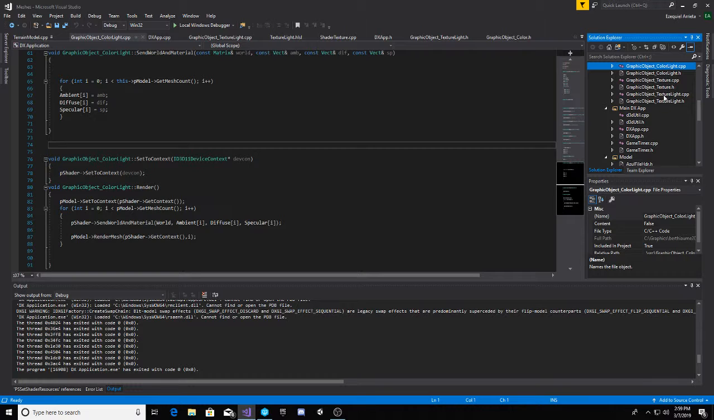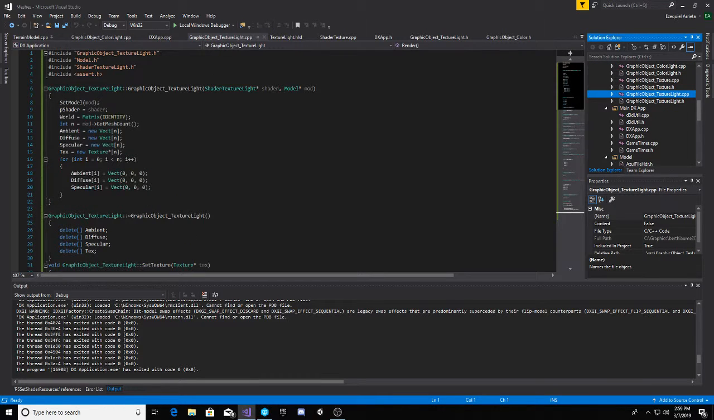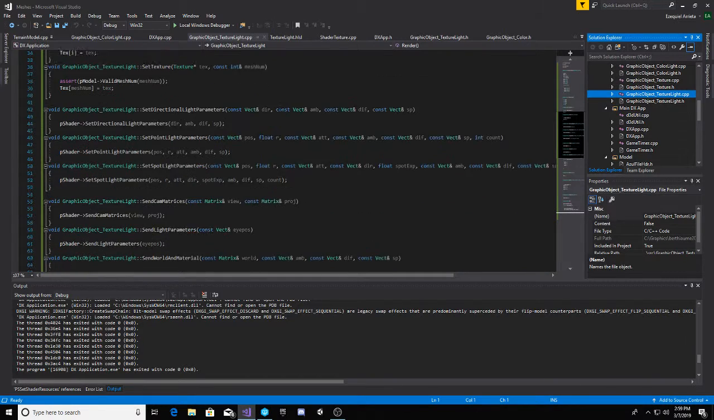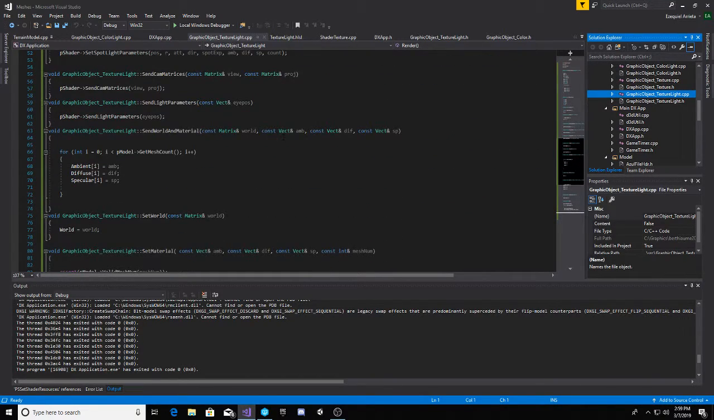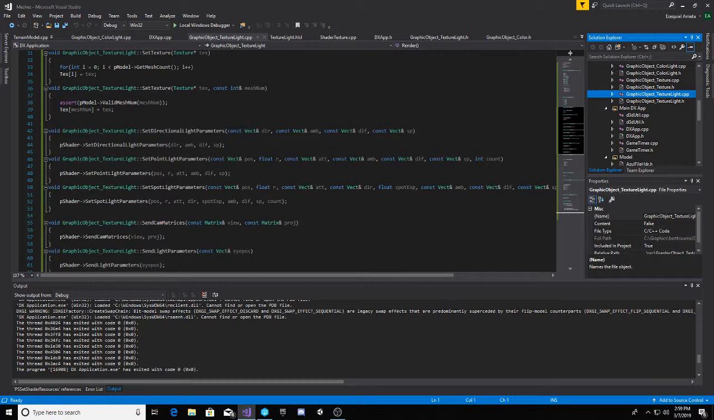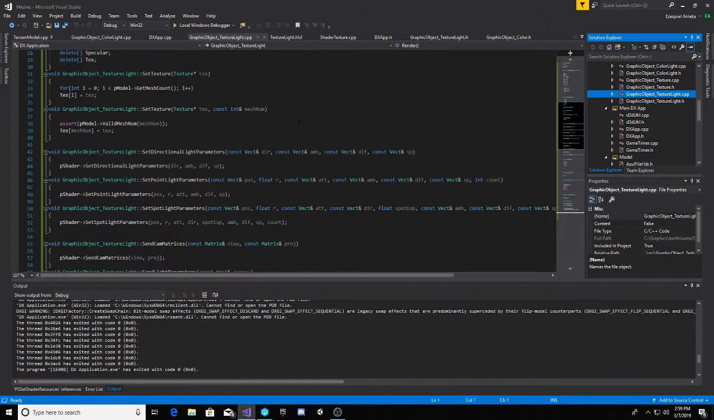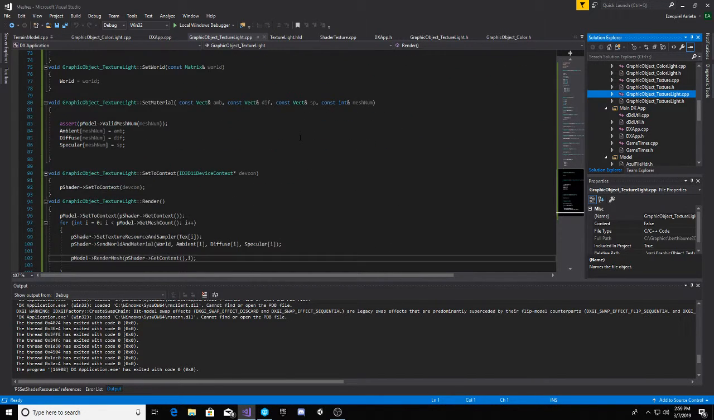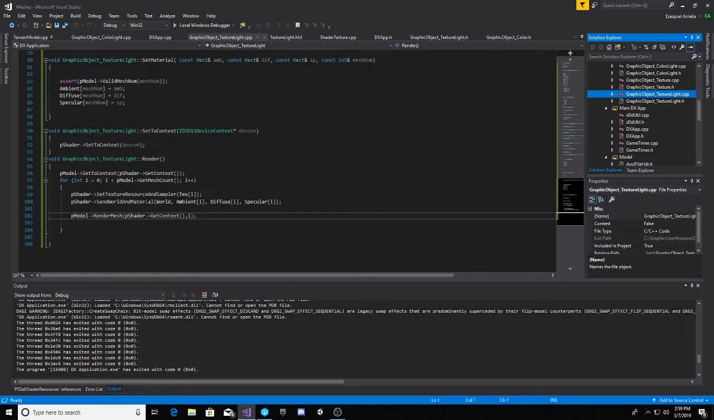What other one was left? Texture light. Here's the texture light CPP. Very similar to the color light, but this one obviously takes in the texture. Have to set it with the mesh number to make sure it matches whichever mesh you are using that's taking that specific texture. Passing it to the set texture resource and sampler. Sending in all the proper information,